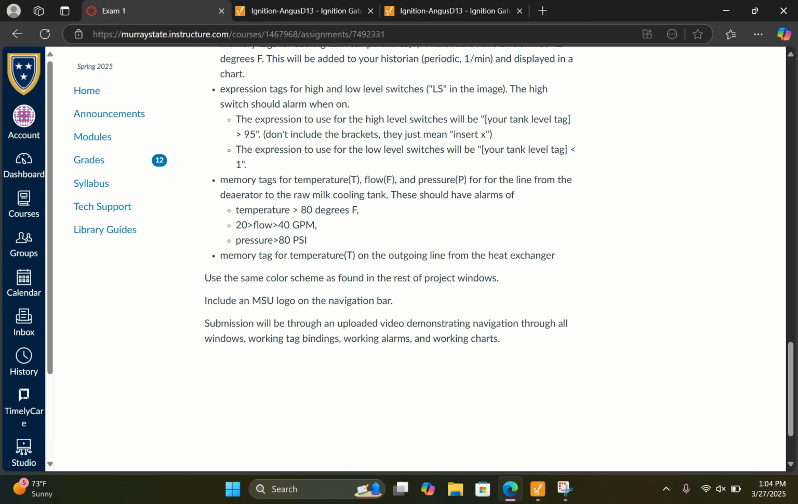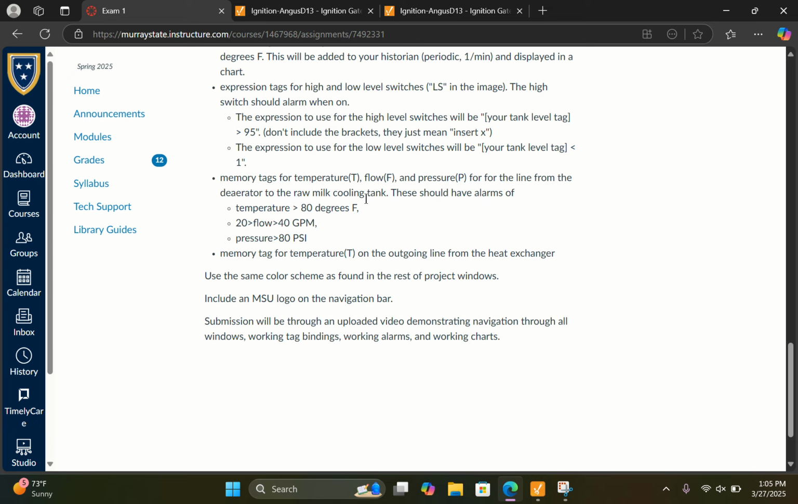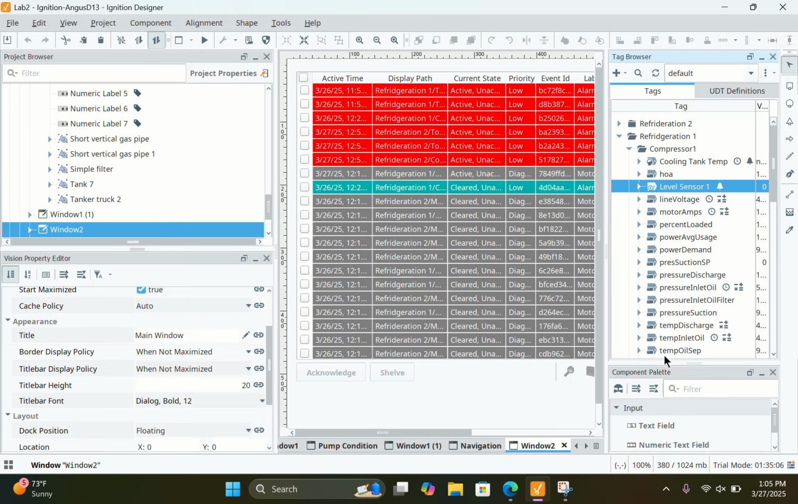Memory tags for temperature, flow, and pressure for the line from the deaerator to the raw milk cooling tank. These should have alarms for temperatures of less than 80 degrees, flow that is greater than 40 or less than 20, apologies, as well as pressure greater than 80 psi. So if we go back here